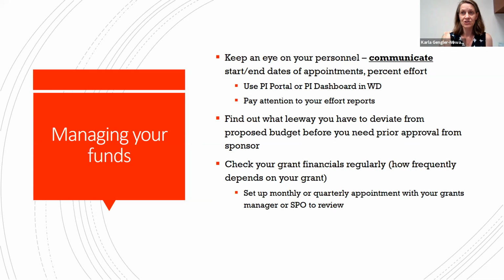The other thing to pay attention to are the effort reports that come out 3 times a year. I think of it as a backstop. The effort reports from January through May were released in June, and hopefully you've looked at those, verified that they're okay, and approved them. But when you've got more personnel, like students and postdocs, make sure you're keeping on top of them, because that's your last chance for seeing, oh, there was a problem that has to